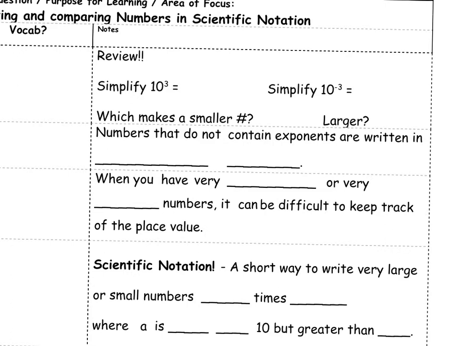So simplifying 10 to the third. We just got out of the exponents unit, and exponents are so important in this, especially powers of 10. So 10 to the third means 10 times 10 times 10, which is 1,000. But remember, with that negative exponent, we have to open the door, bring it down. So it's 1 over 10 to the third, which is 1 over 1,000. So here you're multiplying. If you had this one, you'd be multiplying by a fraction, which makes the number smaller.